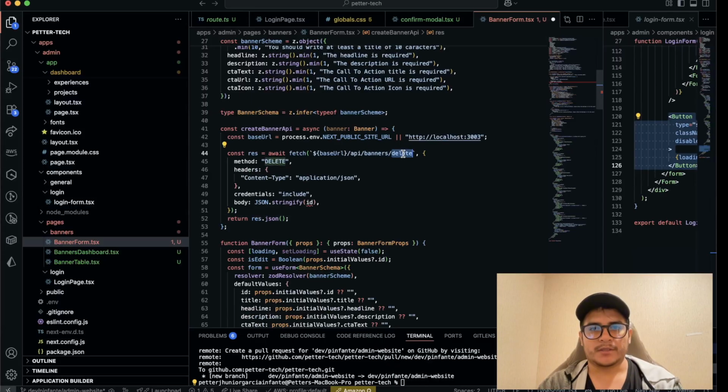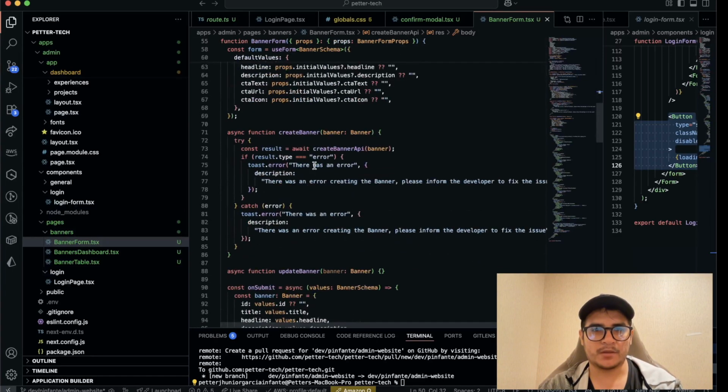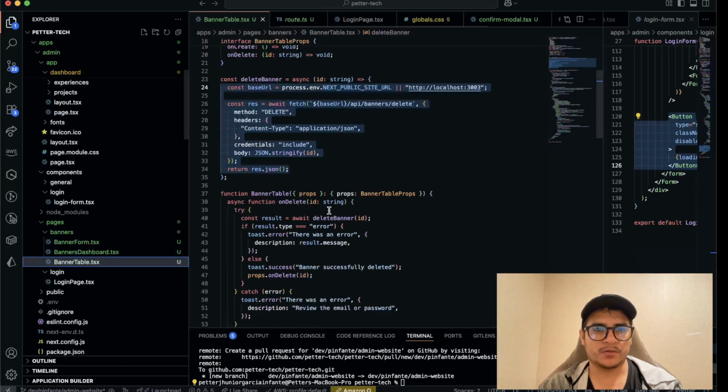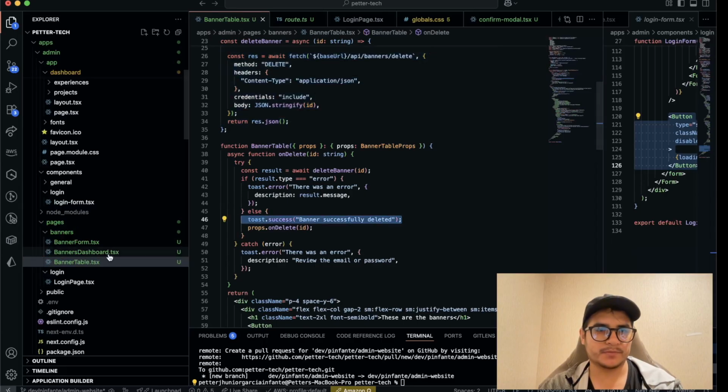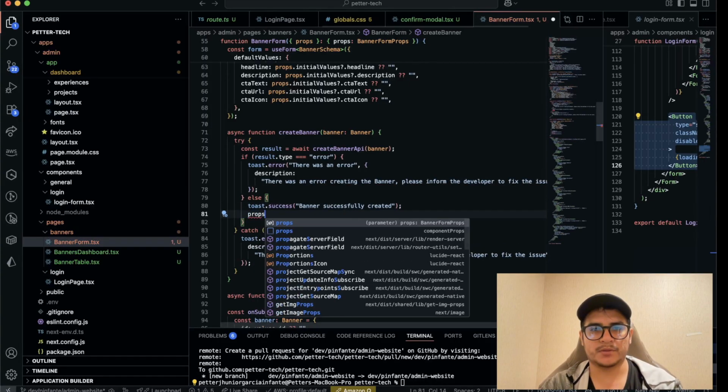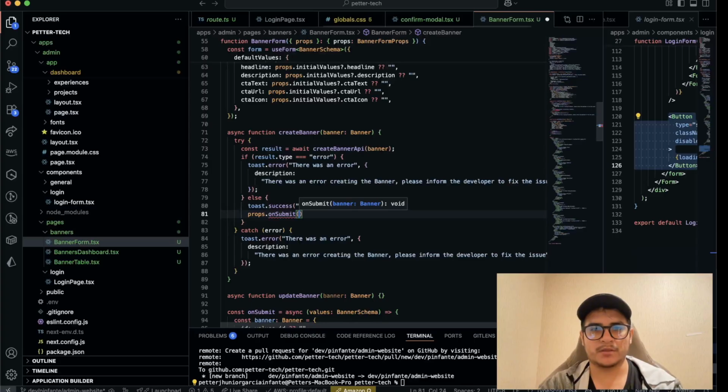Here we are calling the banners, but they create, and this is a post, and we're including also this, and we stringify the banner. Okay, and now it works. Else, and we are going to copy also this part here. Banner successfully created, and here we are calling the props dot on submit banner,